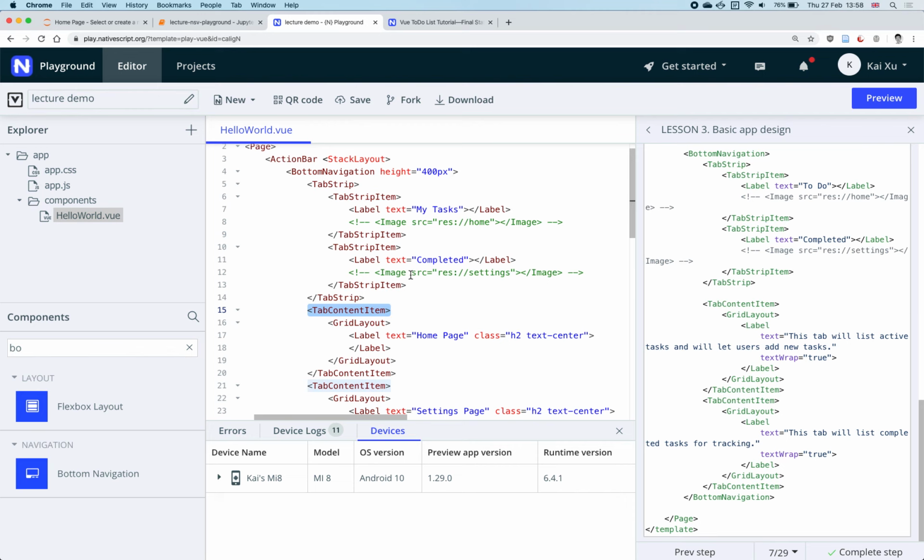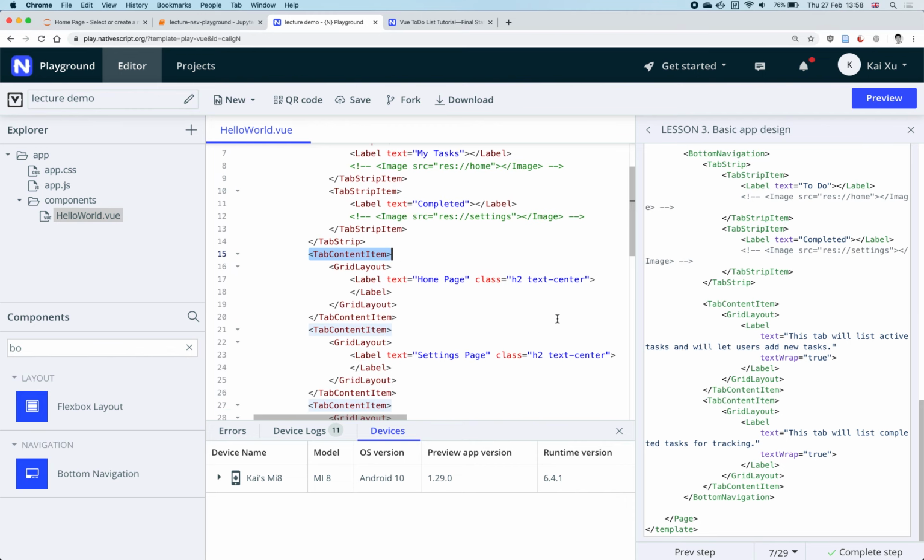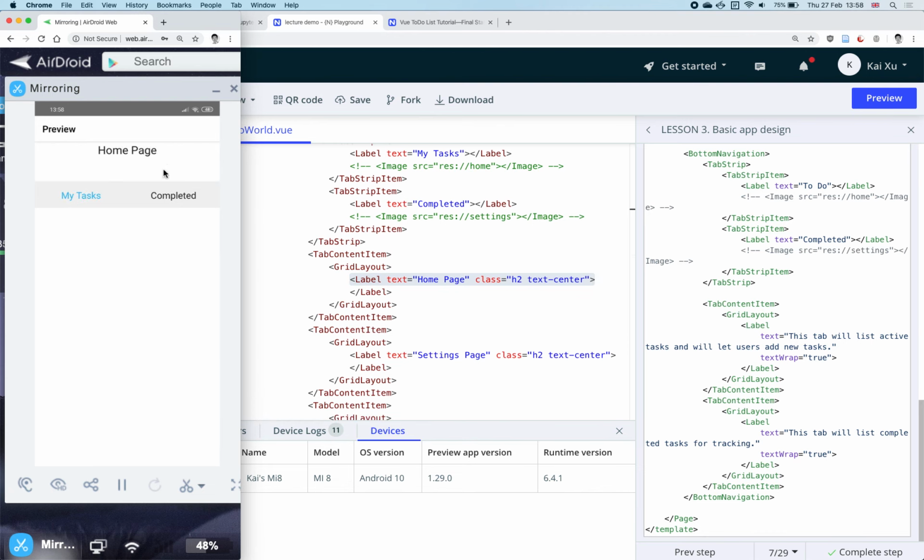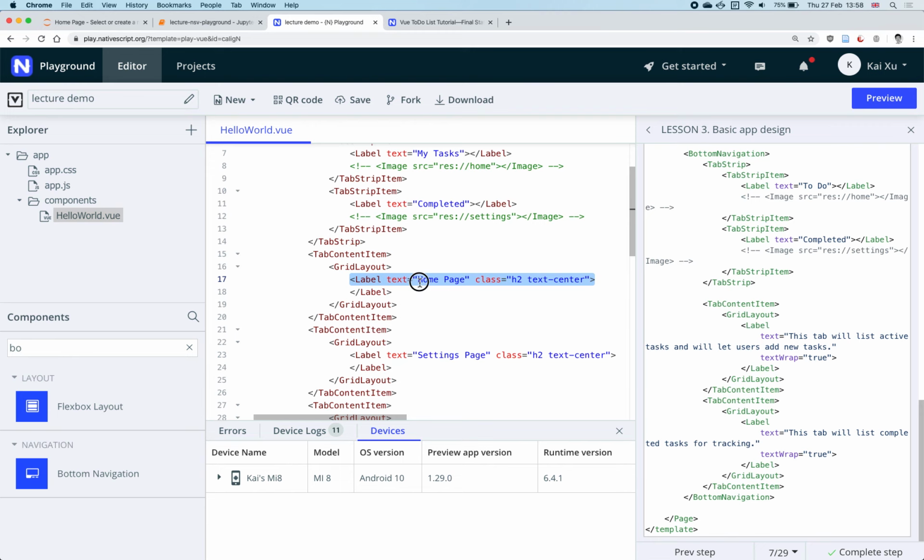So basically now they are all empty, so it doesn't do anything yet. So you can see in the first tab content item currently it has this label with the text saying home page, which is why you have this home page here. So instead you can say, let's call this, I don't know,